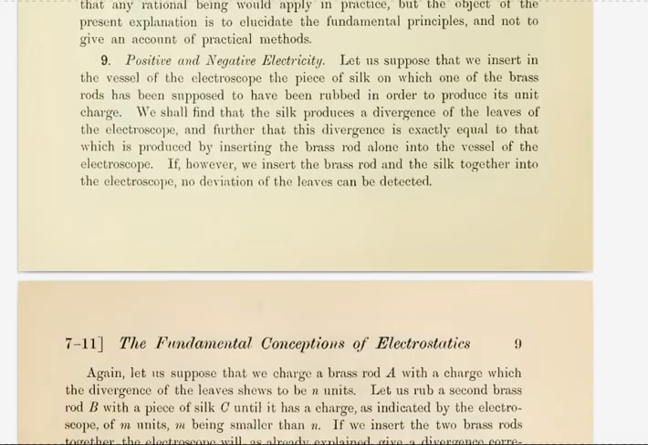9. Positive and negative electricity. Let us suppose that we insert in the vessel of the electroscope the piece of silk on which one of the brass rods has been supposed to have been rubbed in order to produce its unit charge. We shall find that the silk produces a divergence of the leaves of the electroscope, and further that this divergence is exactly equal to that which is produced by inserting the brass rod alone into the vessel of the electroscope. If, however, we insert the brass rod and the silk together into the electroscope, no deviation of the leaves can